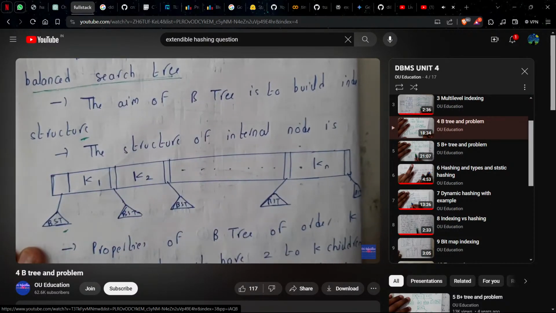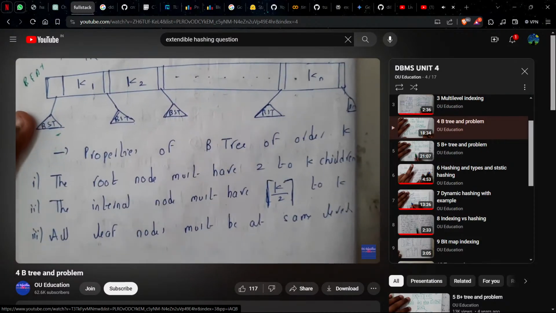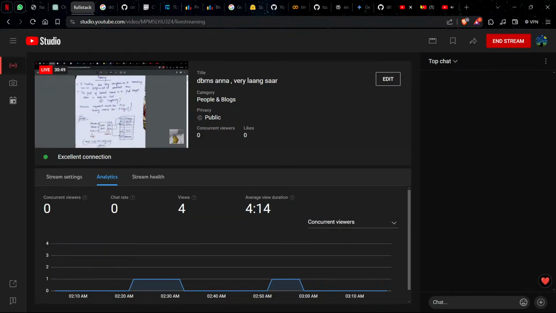They will also be having subtrees, and this process continues. So this is the basic representation, sorry for that, of B and B plus trees. Fine. Okay, so now let us go through some properties of B tree. Remember, these are